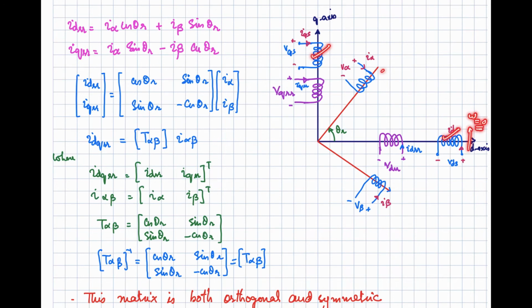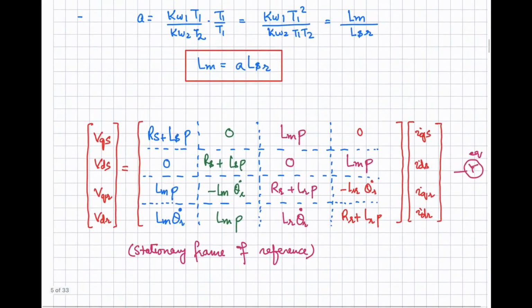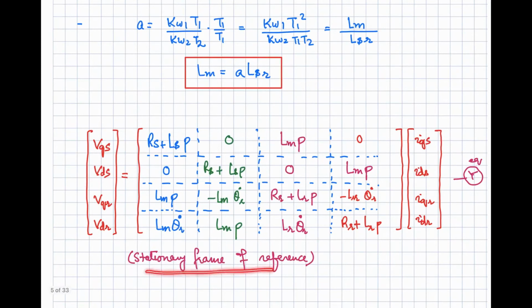It was stationary. The rotor was moving with the speed omega r, but now when it is translated in terms of the fictitious windings over there, so what will be the speed? The rotor speed will be equal to 0. So you can say that we have demonstrated the model of the induction motor in the stationary frame of reference, that is fixed, that is not rotating, right? So this set of equations is representing the induction motor model in stationary frame of reference when D and Q axes are fixed, and your rotor is modeled in terms of the fictitious windings over the D and the Q axis.